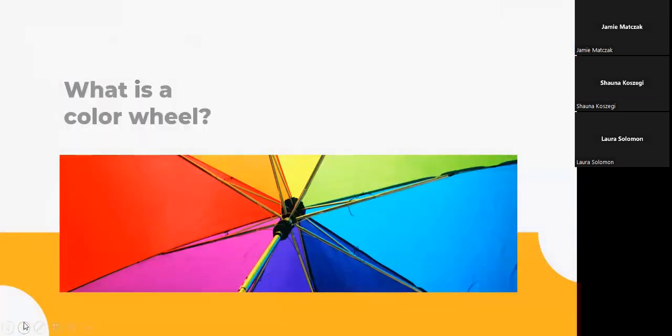So you probably remember from back in maybe even your kindergarten days, although I don't know what kindergarten is like anymore, but way back, you saw something called the color wheel, which is just a visual representation of the colors in the visible spectrum. So it's a really basic tool that everybody should have in their toolbox. And this is probably not a new idea for you.